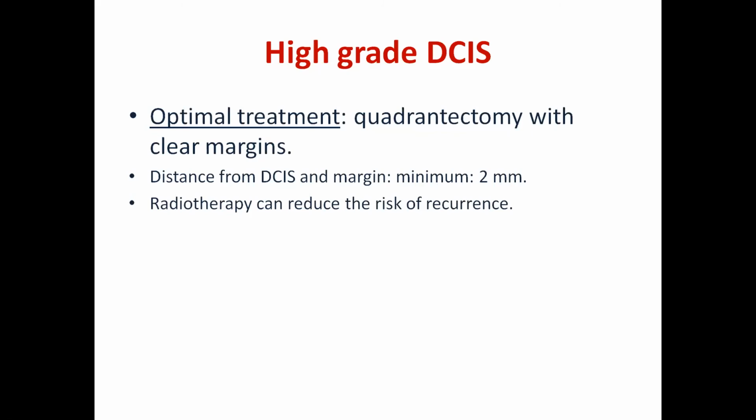And if the margin is closer than 2 millimeters, you can add the radiotherapy. Radiotherapy is very important to reduce the risk of recurrence. But you must make radical surgery. As I anticipated, radical surgery can sometimes be quite difficult because you have the tumor spreading through a